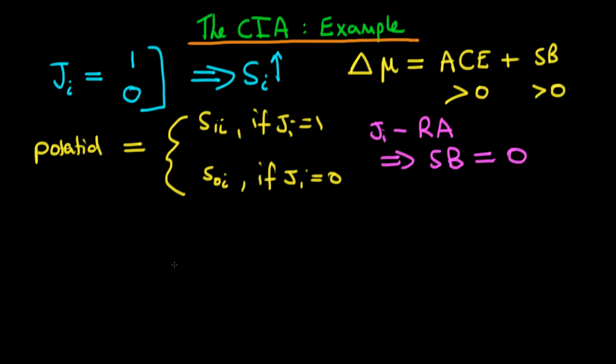In this video, I want to talk about how we can proceed in the circumstances when we cannot assume that JI is randomly assigned. But what we can assume is that S1I and S0I are conditionally independent of JI, perhaps conditioned on an individual's past level of performance, which I'm going to write as PP. So conditional on past performance, we can assume that S1I and S0I are independent of JI.